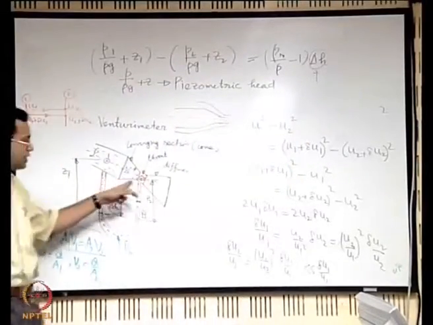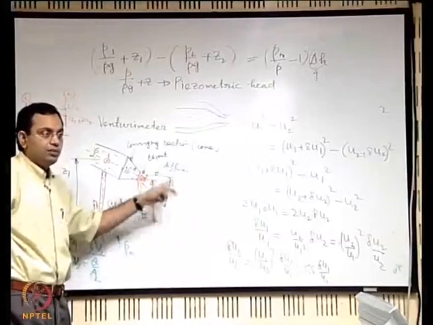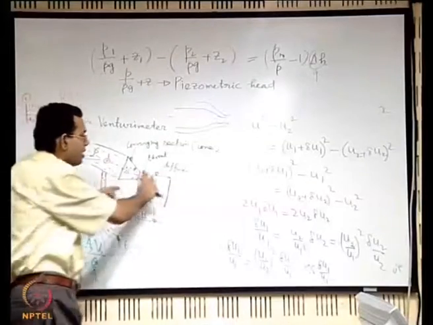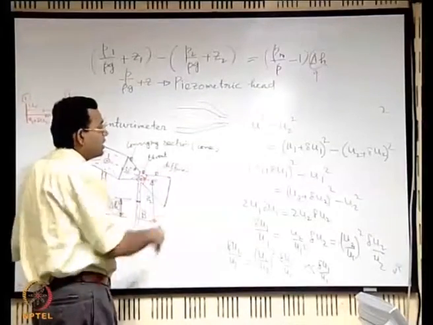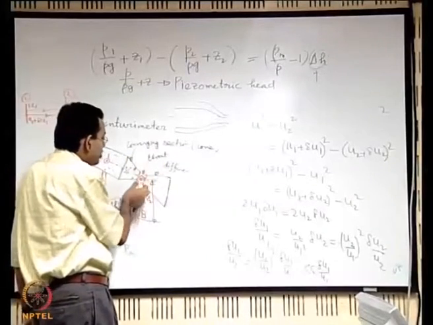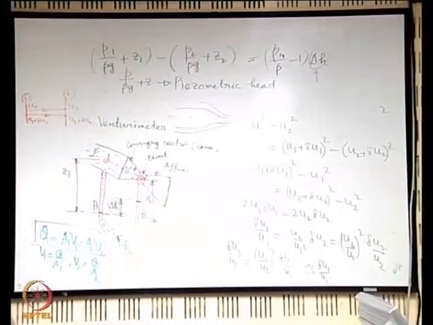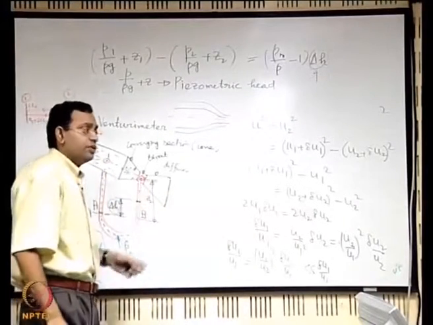Now after this section has come, what you have to do is revert back to the pipe diameter again. So you have a diffuser, which is like a diverging section. So you have a converging cone, you have the throat where you have the minimum area, and then you again have a diffuser. The question is, what should be the angle of this diffuser?